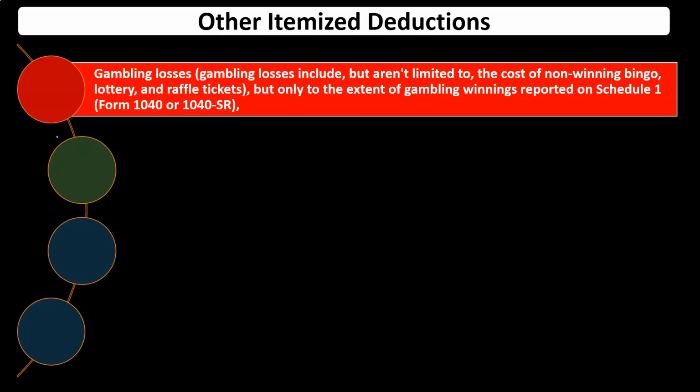The second situation you might have is someone that does gamble a lot. And if they do gamble a lot, then they're going to ask you, well, I have a lot of losses. I got these winnings, but I also have these losses. Can I take advantage of the losses? Can I deduct the losses? And in that case, if they do not itemize, then it may not be worthwhile still to collect the losses, because you might not be getting a benefit from them unless there's a substantial amount of winnings and it kind of pushes you over the threshold